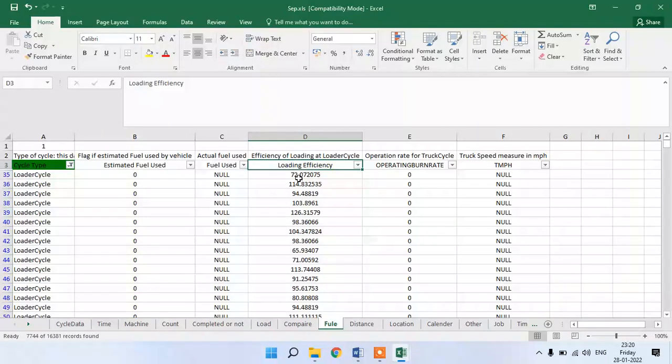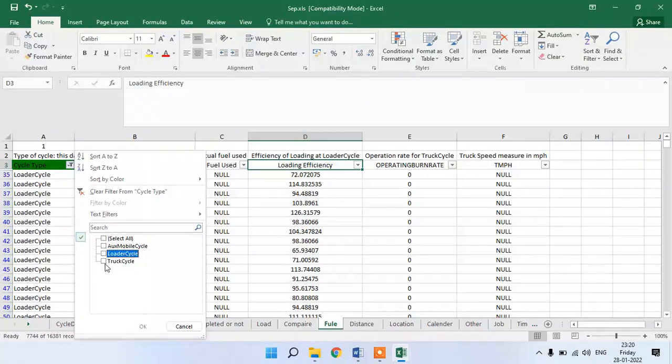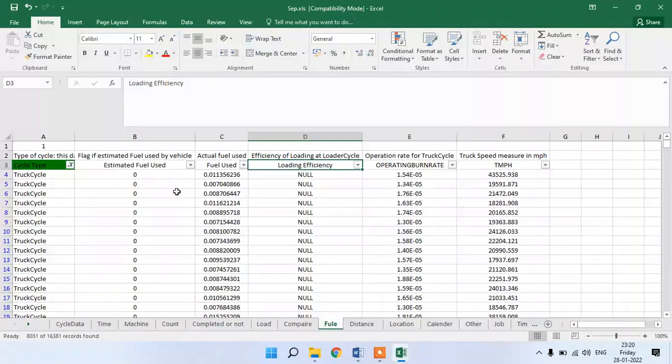Only for the loader cycle we can find the load efficiency, and for truck cycle we can find out the mileage. Here fuel used is given, and the distance travelled by the truck is given. From that the mileage can be found out. I will teach you that when I solve the Tableau dashboard problem.